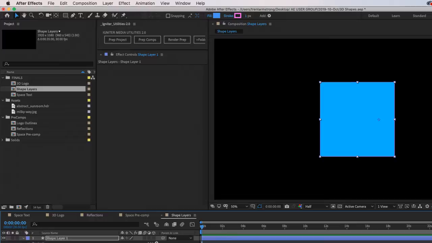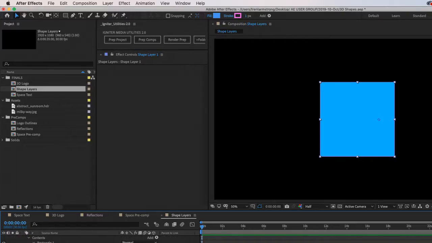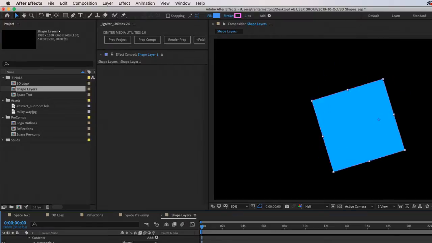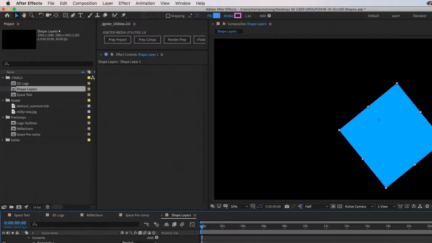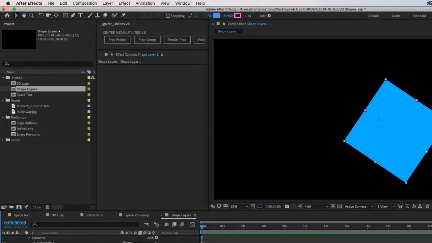The reason that's interesting is that you're giving yourself the ability to have two different anchor points. I'm not saying you would ever want two different anchor points, but you can have them. So if we were to put an expression in here,